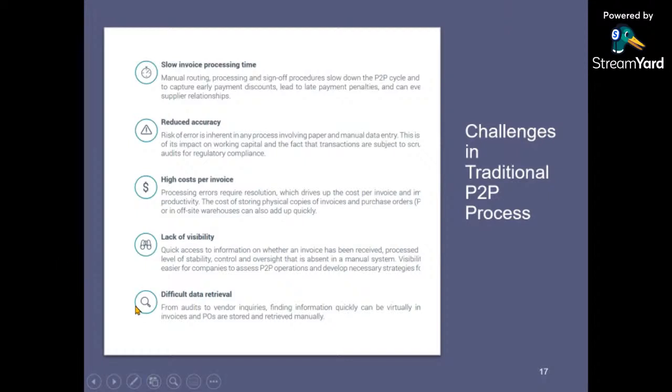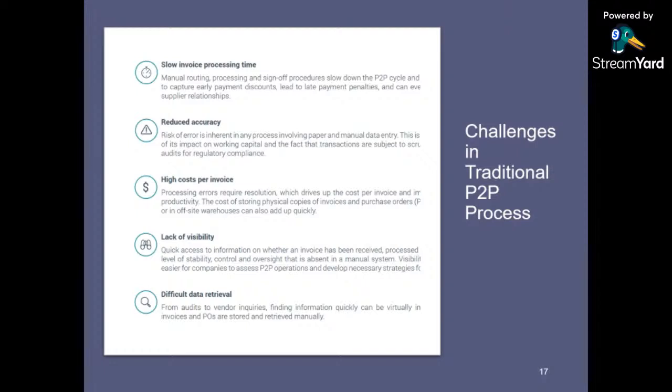And difficult data retrieval, it is going to be the same thing. From audit to vendor inquiries, finding information quickly can be very difficult when invoices and POs are stored and retrieved manually. There is a difference between pulling up data from your manual records versus pulling data from an informative report. So there is always going to be a difference. In this way, by using any software, we can avoid these traditional challenges that are generally faced